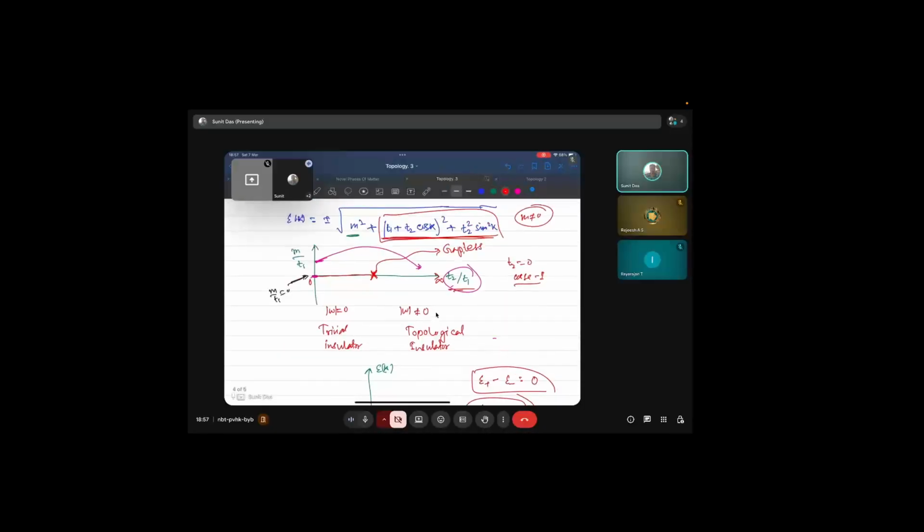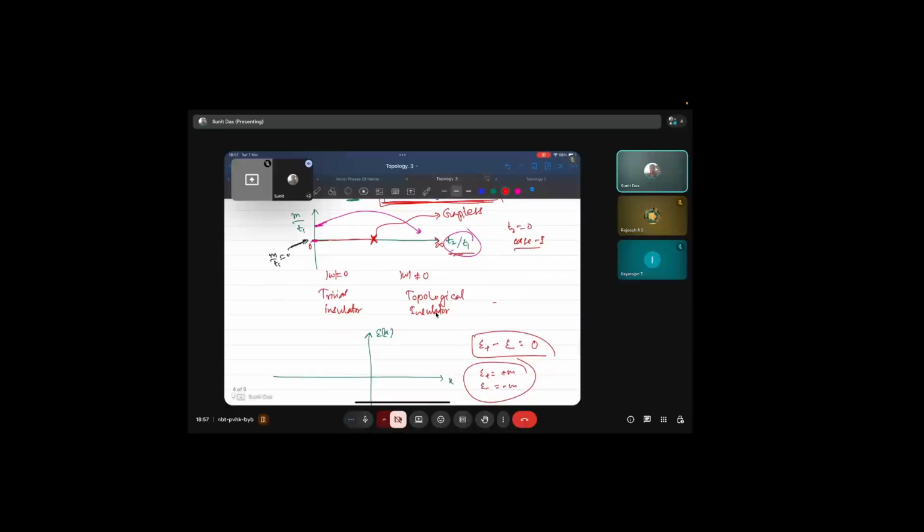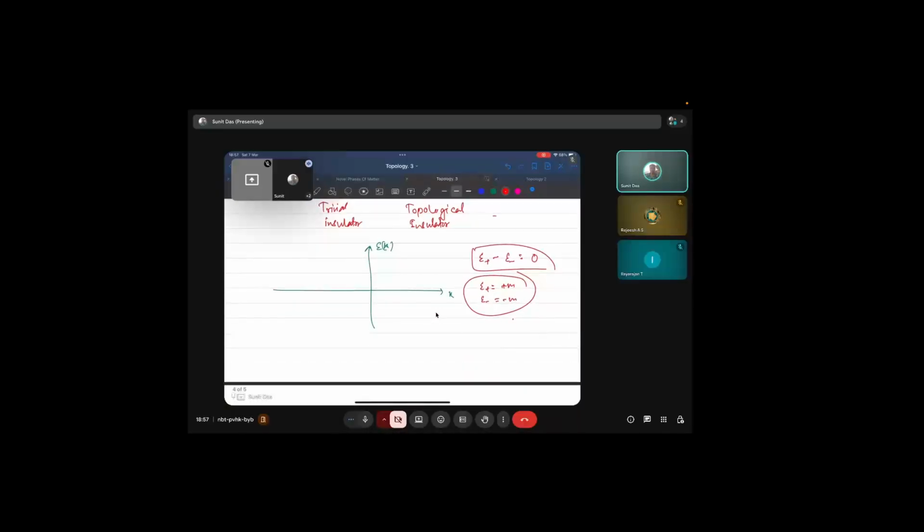So what I'm trying to say is that, let's say, if I draw the picture. Earlier we had something like this at a particular lambda. This case was lambda equal to half, and these were the Brillouin zone boundaries, minus pi by a to pi by a. And now if you draw this, what we'll see is that,